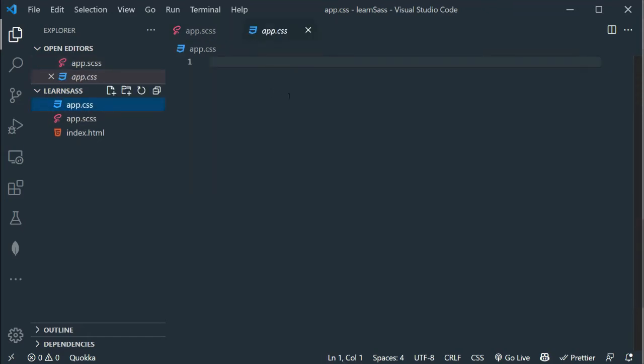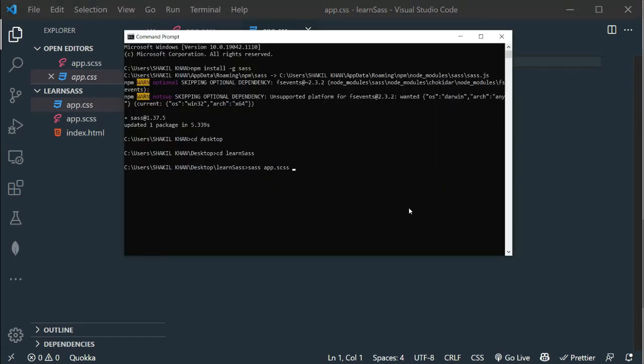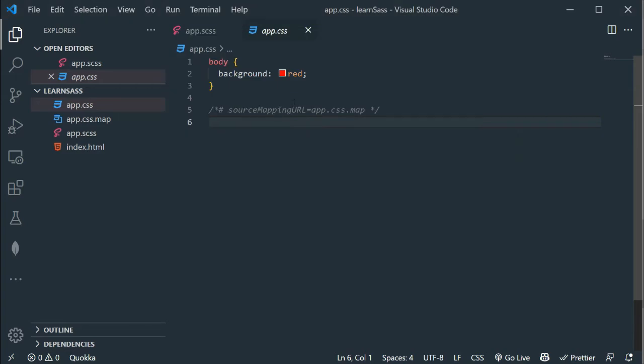In this file we will have the compiled CSS code. So let me add app.css. Now simply press the enter key from the keyboard. Yeah, perfect. Now as you can see, inside the app.css file we have this compiled code.